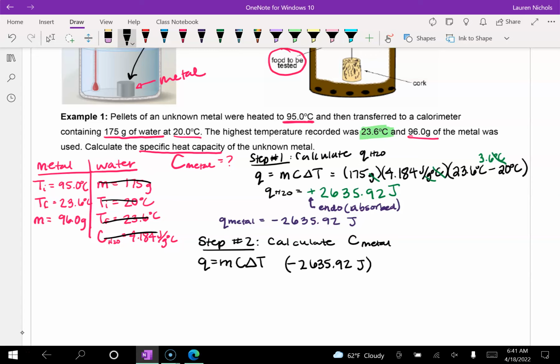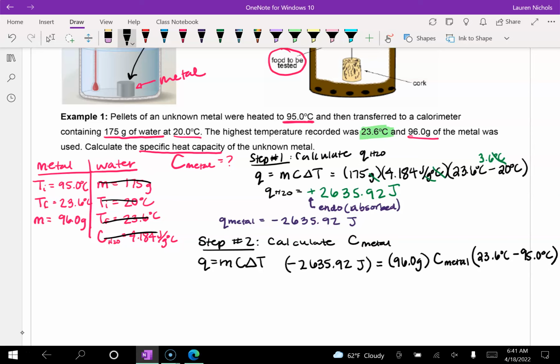I'm going to put it in parentheses just to make sure I keep my negative sign with it. And it's times my mass, so 96.0 grams, times the specific heat of my metal, which I do not know, so I'm going to leave it as its variable, times my change in temperature, which is 23.6 degrees Celsius, minus 95